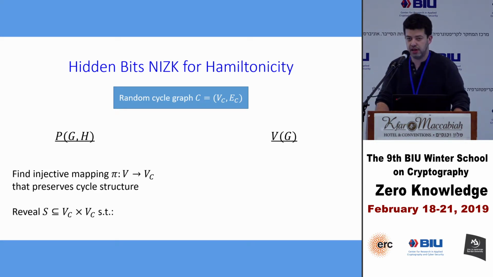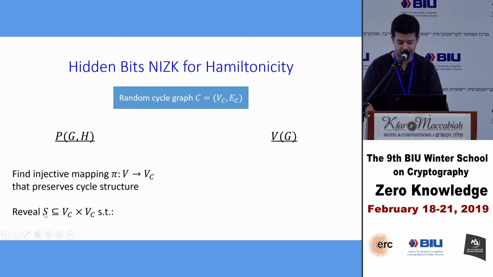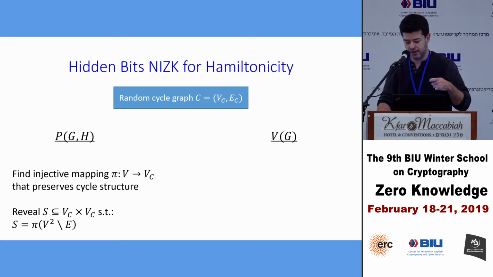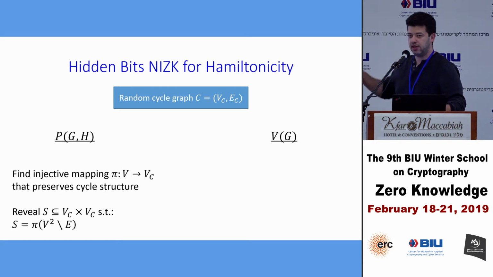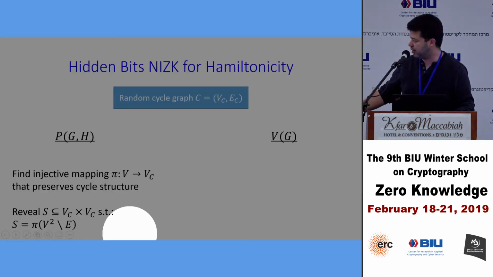And he's going to reveal a subset of, so remember that so far the verifier is unable to see anything here. Now the prover needs to decide where to shoot his laser. So the edges that he's going to reveal are going to be all the entries in the adjacency matrix that correspond to non-edges of the original graph G, right? So notice here, I'm looking at V squared and removing E.